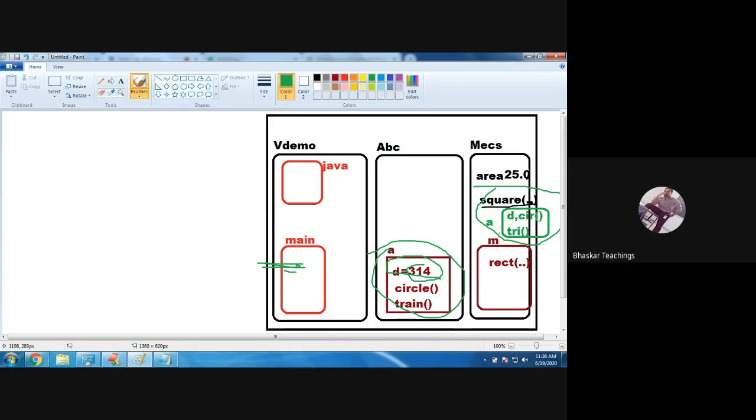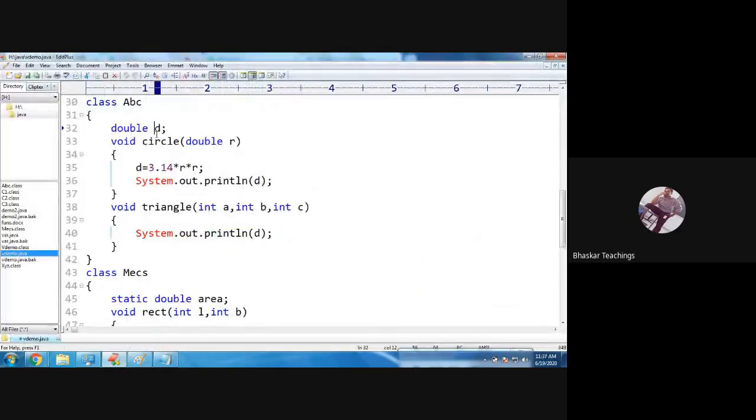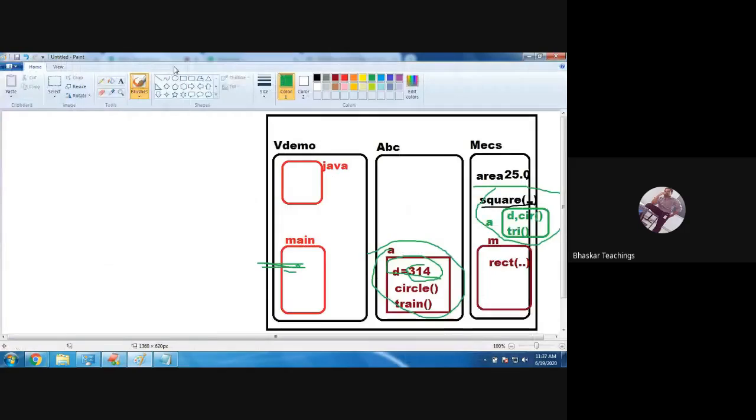Okay. So initially d was 0 only. When the object is created for the class abc and when d is loaded, it will be 0. But on this a, you can see, on this a, the d was changed to 314 when the circle and triangle methods were called.